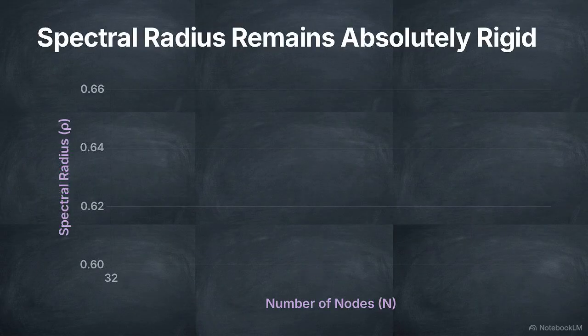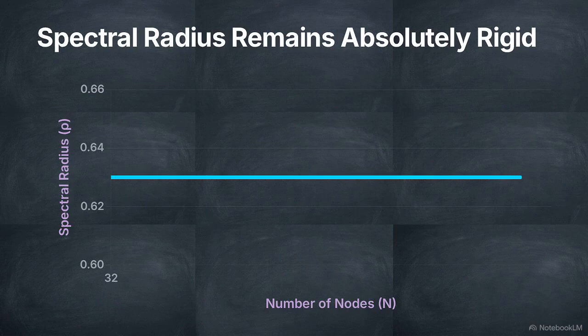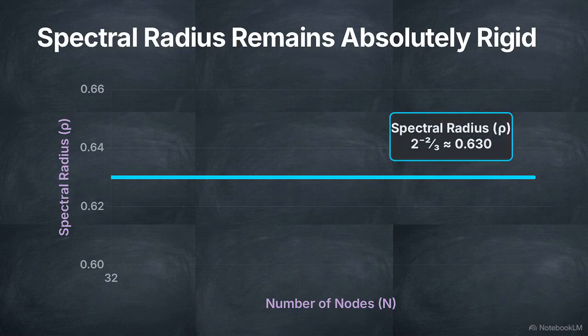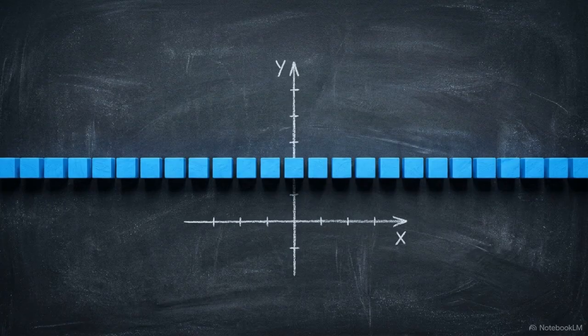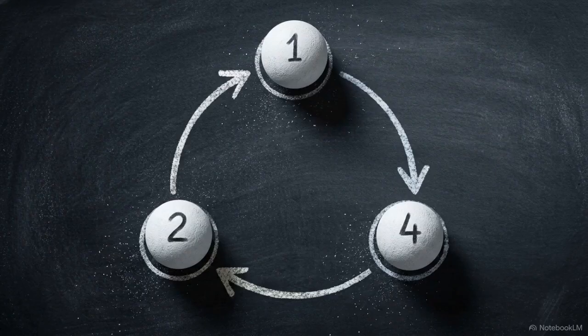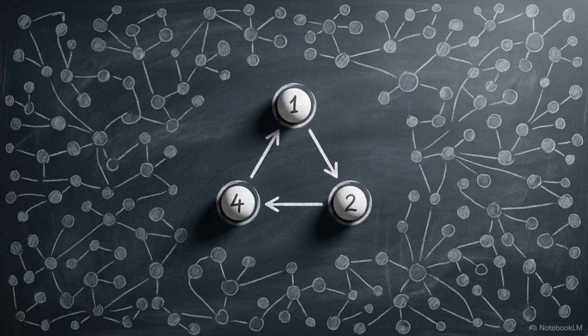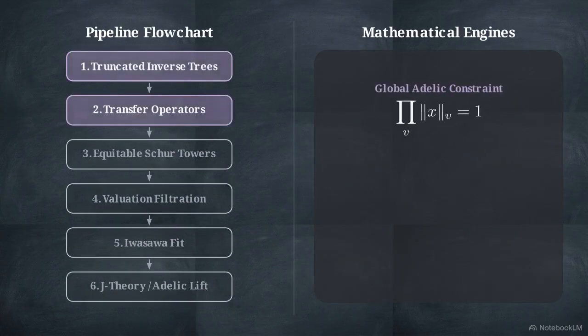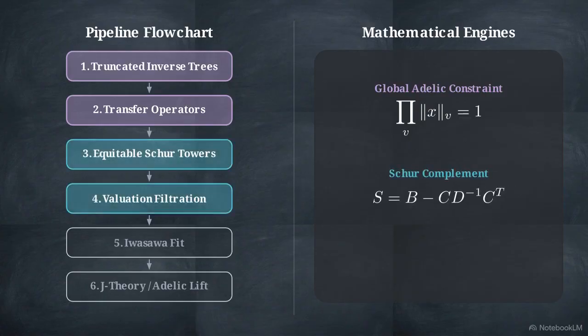Across every test, the spectral radius stays exactly at 2 to the negative 2/3 power. It does not drift as we add more numbers. This shows that the system is mathematically rigid. The arithmetic complexity of the cycle is already fully formed at the smallest scales and never grows, no matter how many integers we add. To reach this conclusion, we built the inverse Collatz graph, isolated the residual core using Schur